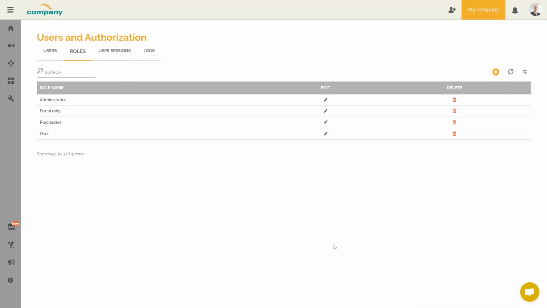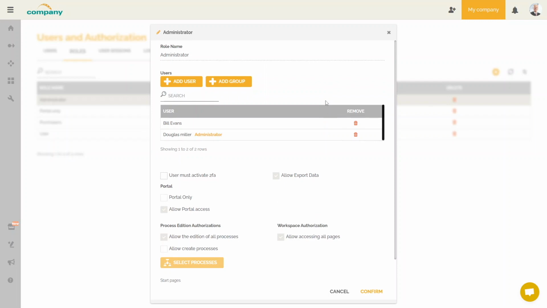HEFLO natively has 3 roles. The Administrator role, the Portal Only role, and the User role. They follow different logics that I mentioned earlier regarding access to pages and features. An administrator user has full powers. He has access to all the processes, to all the work items, he has access to the management of the environment. He has all the rights in the environment. Each time a new environment is created in HEFLO, the system automatically creates these 3 roles. Native roles do not allow certain modifications.